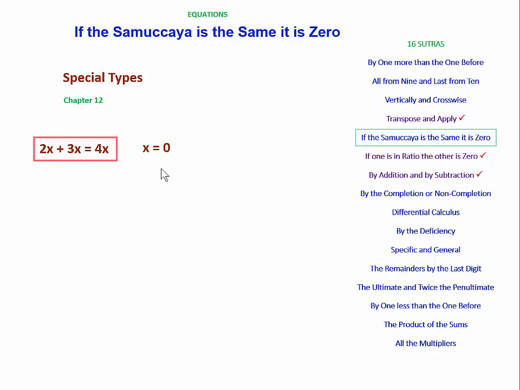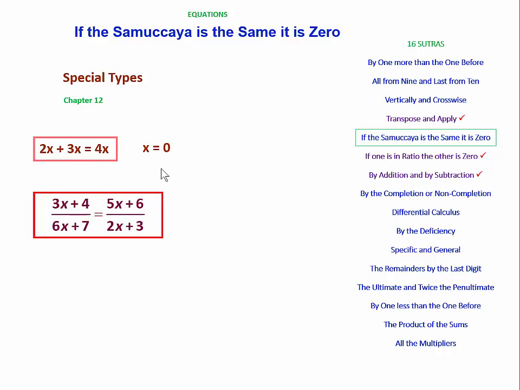And there are many variations of that too. Another class of equations is like this. This would involve quite a lot of work. You'd have to cross-multiply, transpose, cancel, and so on. But here we notice a special characteristic, which is that the sum of the numerators is the same as the sum of the denominators. That is, 8x plus 10 equals 0. The numerators add up to 8x plus 10, so do the denominators, and therefore 8x plus 10 is 0. And the Samuccaya meaning here is combination or total. The total there is the same as the total there, therefore it equals 0, and therefore x is minus 5